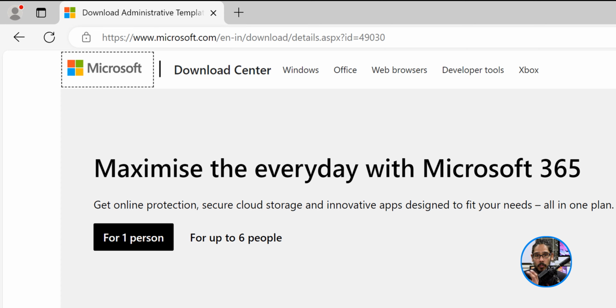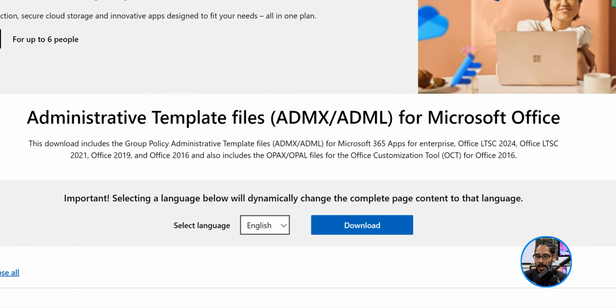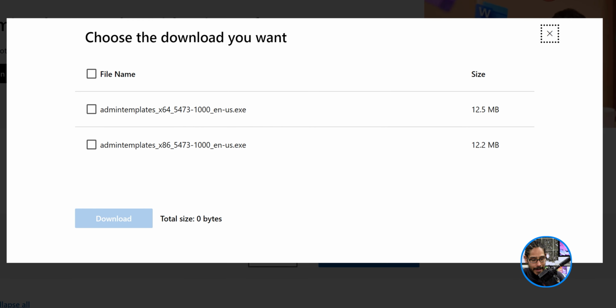All right, so before we get into the group policy management to create our GPO to push this out to all of our machines, we need to get the latest and greatest Office GPO templates, right? So first thing that we need to do is get into this particular website. Now, once you're here, we are going to locate the download button and we are going to click on it.